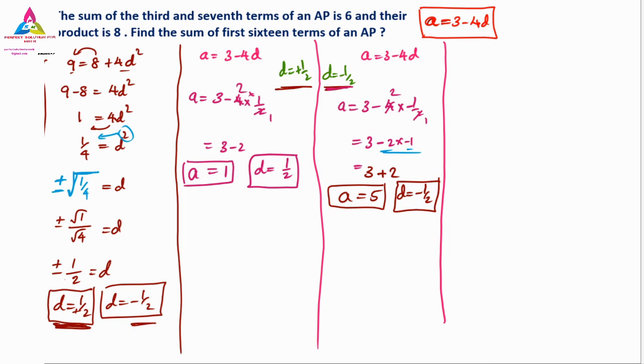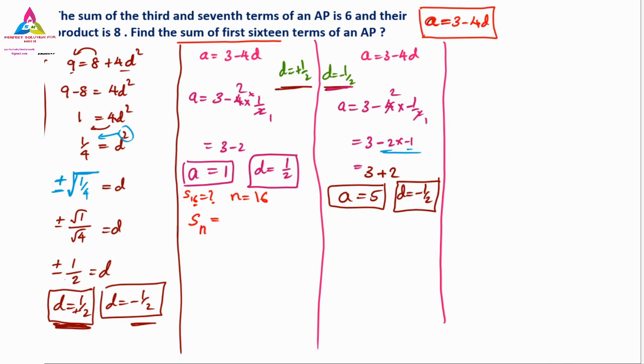Now, very important: according to the question, they have told you to find the sum of the first 16 terms. So now our work is to find the sum of 16 terms, which means we have to find S16. And S16 can be found by the Sn formula. S16 we have to find. So the n value is already given, that is 16, because the 16th term we have to find. What is the Sn formula? Which formula are you going to apply? We have two Sn formulas.